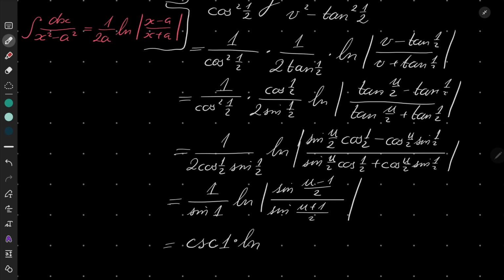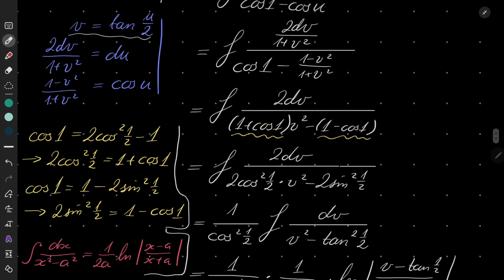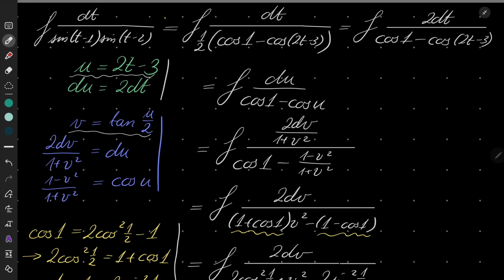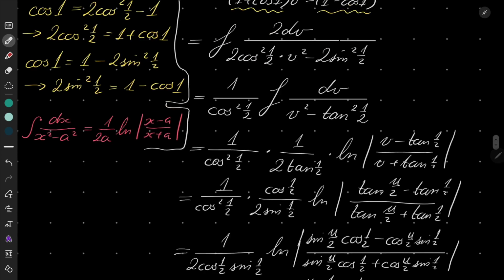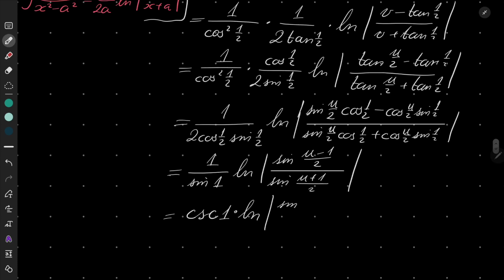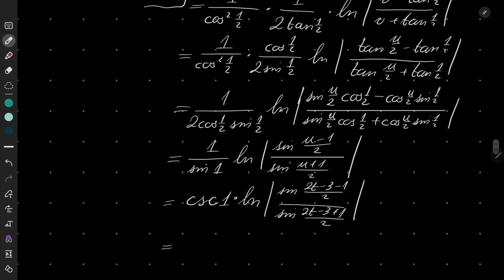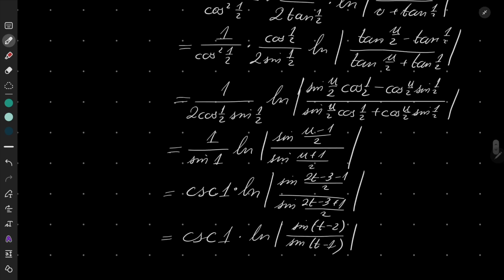And here, let's go back with our substitution, because remember that u was 2t minus 3. So let's put it: the absolute value of sine of (2t minus 3 minus 1) over 2, over sine of (2t minus 3 plus 1) over 2. And here, after simplification, we have sine of t minus 2 over sine of t minus 1. And that is our answer, namely